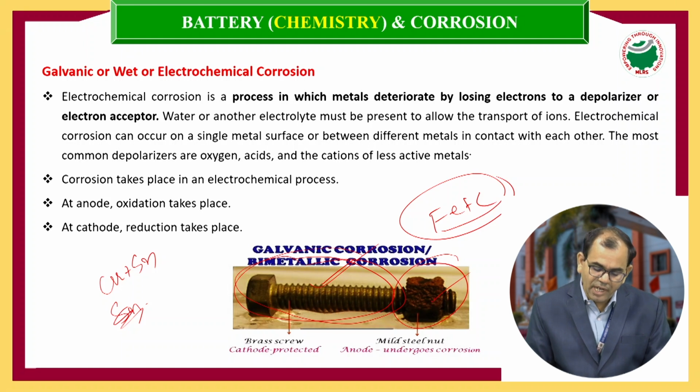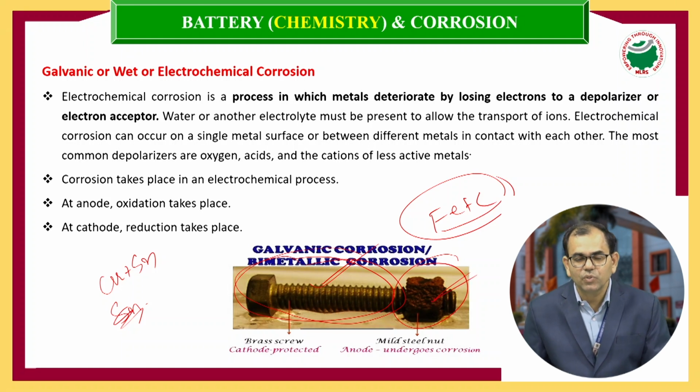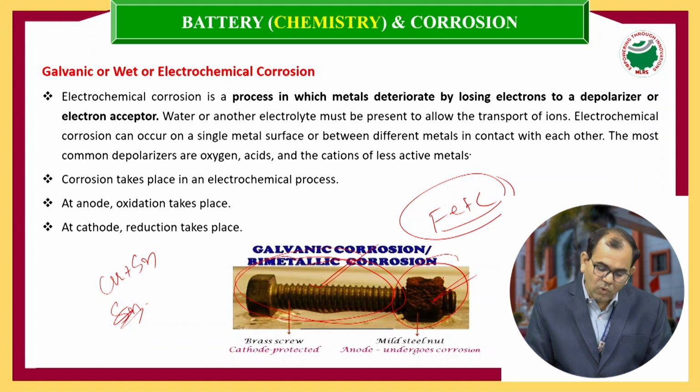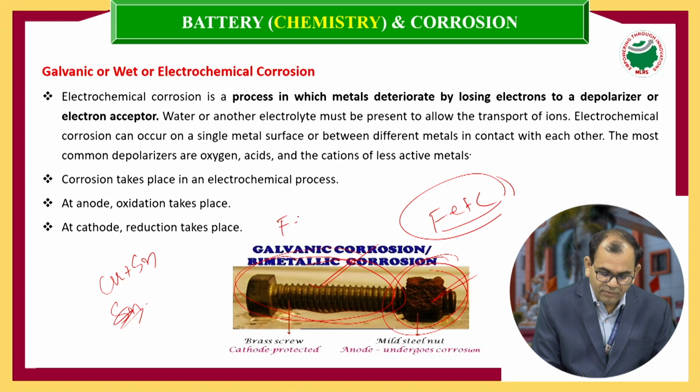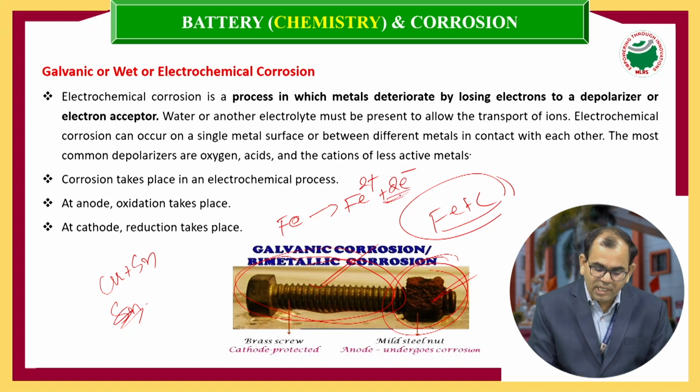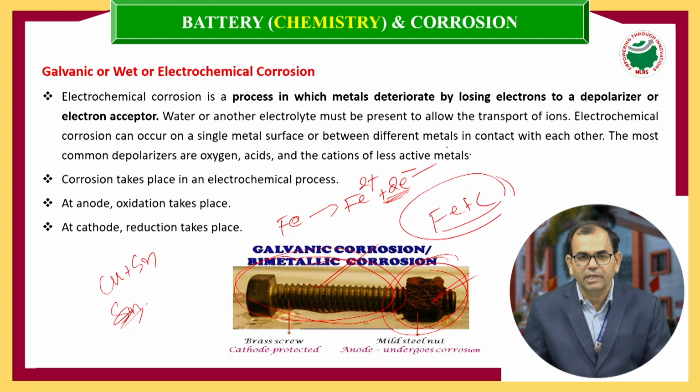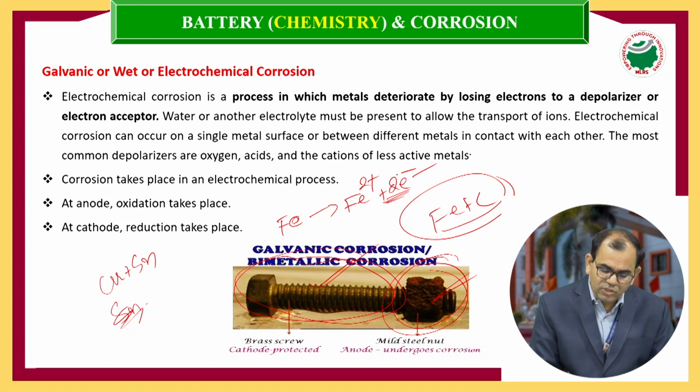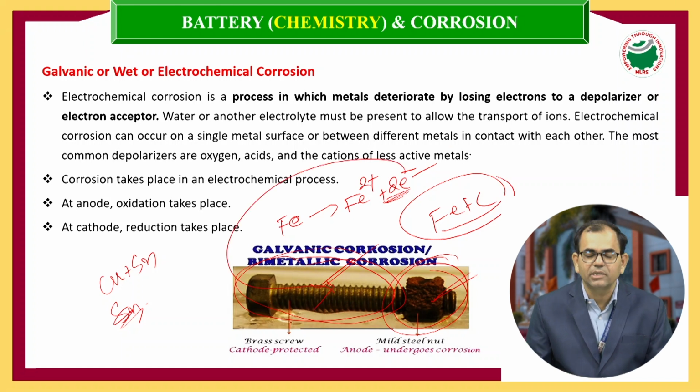Since there is an iron nut, which goes fast under oxidation at atmospheric conditions like oxygen and water, or humidified moisture conditions, it undergoes oxidation. Oxidation is nothing but Fe giving rise to Fe 2 plus and 2 electrons. The 2 electrons ejected at oxidation will reach the cathodic part, that is nothing but brass,